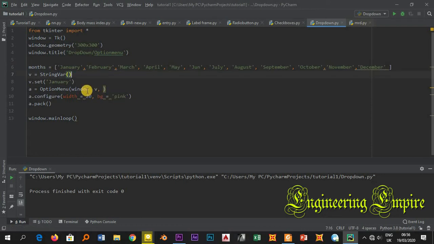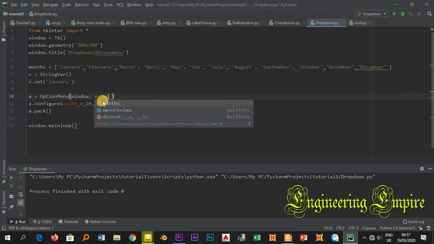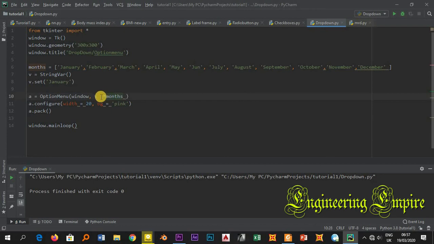Then the option menu appears on the window, then we have the variable v. Because when I define the option menu, I need the variable and the items that are going to appear on the drop down list. These items are called months. So here I will write months, but now I want the whole list of months, so I will write a star here. Now if I run it